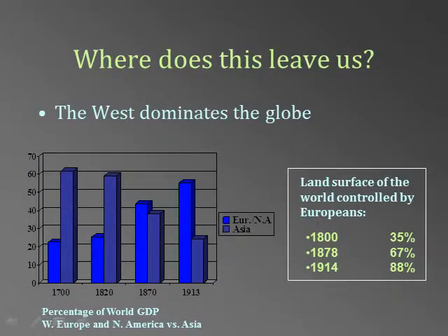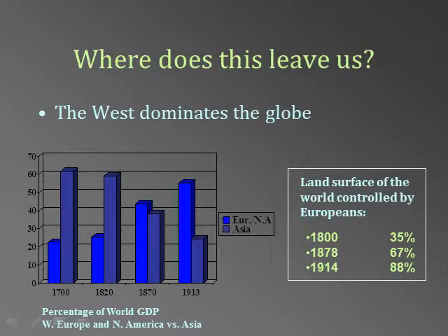So where does this leave us by the end of the unit? Well, you'll recall that I said this is not just the age of revolution, but the age of Western domination. And indeed, the world is dominated by the West by 1900. That's true in multiple ways. In part, the Western world controls the economy of the world. We can see that in the chart on the left, which measures the gross domestic product, the output of goods and services by a nation. In 1700, Asia clearly dominated the output of the world, but by 1900, it had totally flipped, and Western Europe and North America now accounted for over half of the world's output.